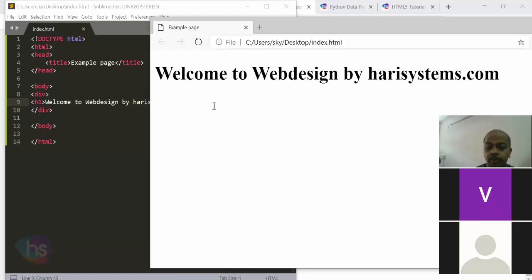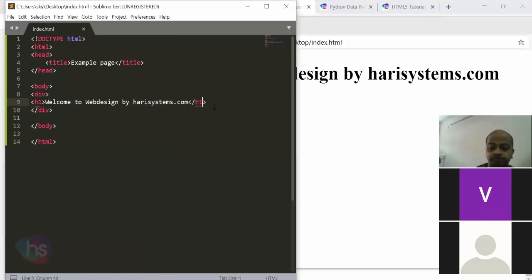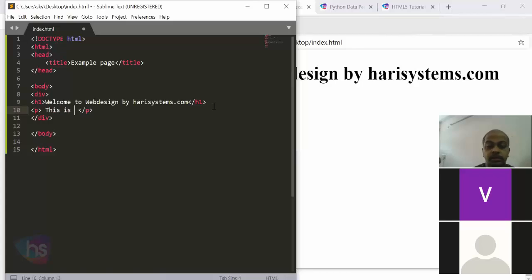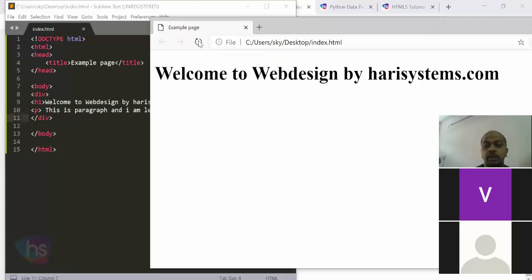Okay, and I'm coming to know about the P tag. Within the P, meaning paragraph tag: this is a paragraph, and I'm learning website design. Save it. Once you have saved, you can refresh the already opened index.html form. Just see, this is the paragraph, and I'm learning website design. Very super easy, you will learn, and I'm surely telling you.